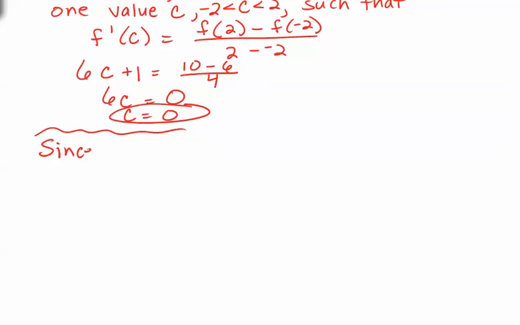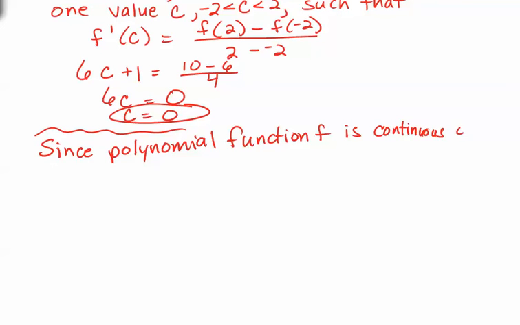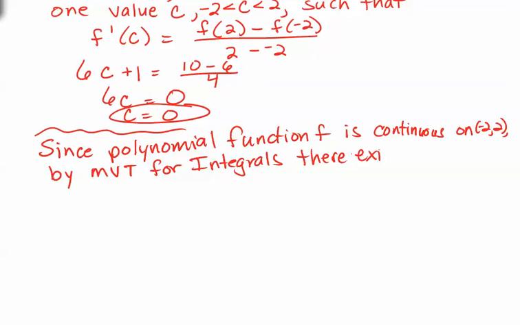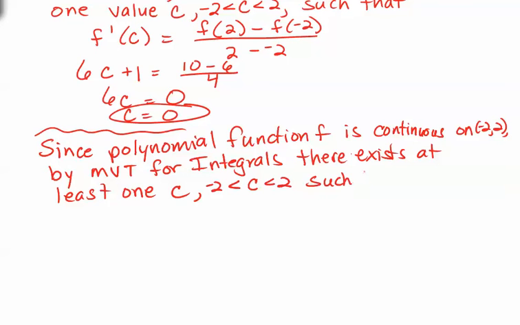So we could say, since polynomial function f, and now it will be integrable if it's continuous, we could say, since polynomial function f is continuous on -2 to 2, by MVT for definite integrals, there exists at least one c again between our two values, such that, and now that could be at our endpoints as well, such that